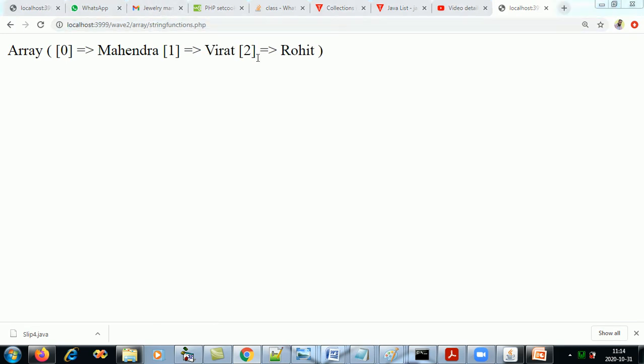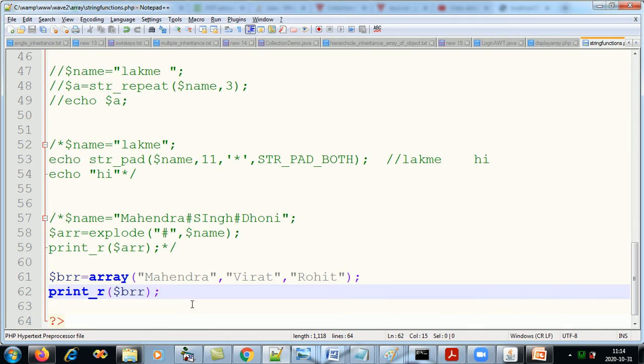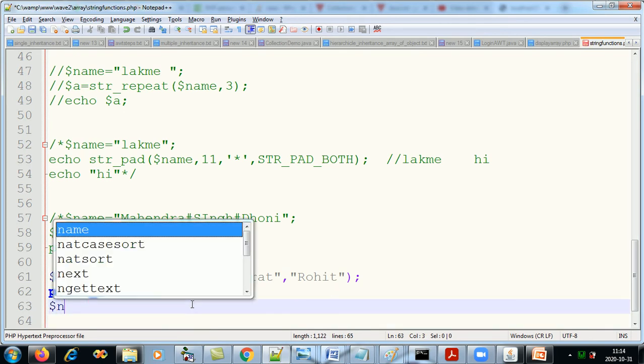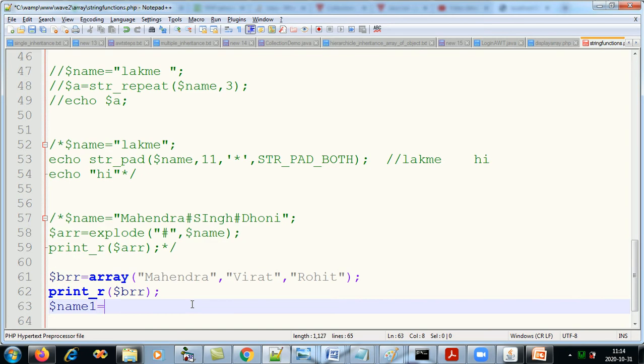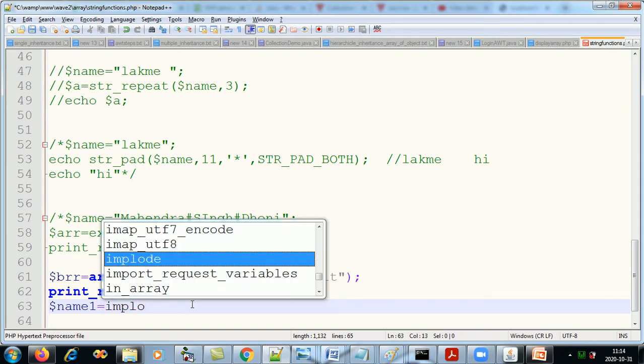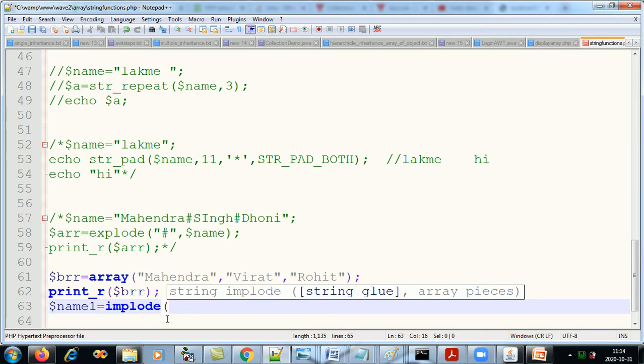Okay. Now I want to convert this array into a string. So which function to use? Implode. Let's say the string name is name1, and I will use implode. By which character do you want to separate them? Mahindra, comma Virat, comma Rohit. So let's use comma, and which array? Array BRR.